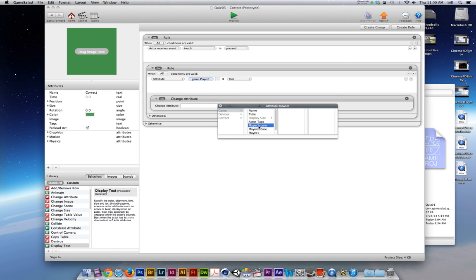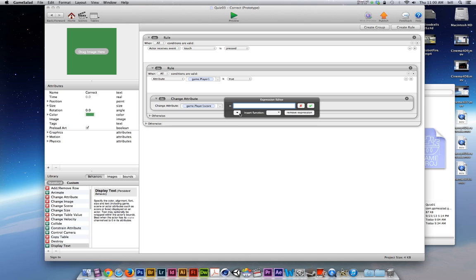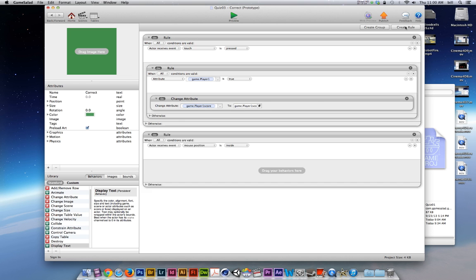So I'm going to go into game, player 1 score, and I want to change that to game, player 1 score, plus 10. So in other words, if I've buzzed in as the active number 1 player, if that's true, and I click on the green button, I will be assigned 10 points. All right, so I'm going to create a new rule,